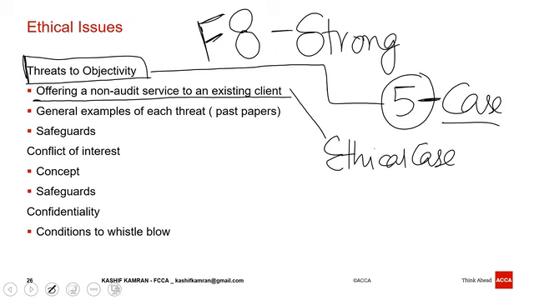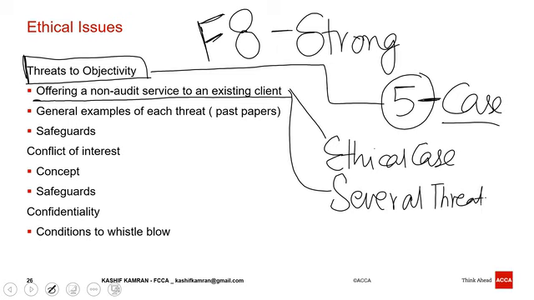If you're offering a non-audit service to an existing client, you need to remember that it will give rise to several threats. Now, the article I recommended you to read was